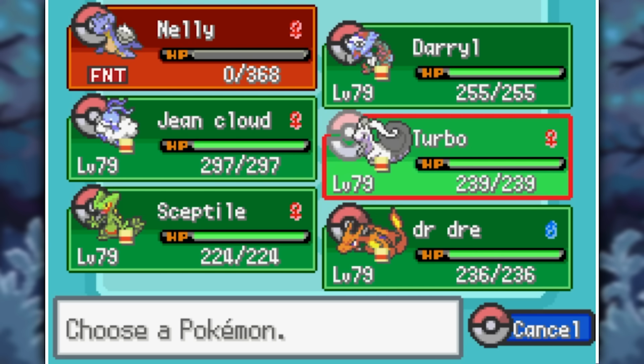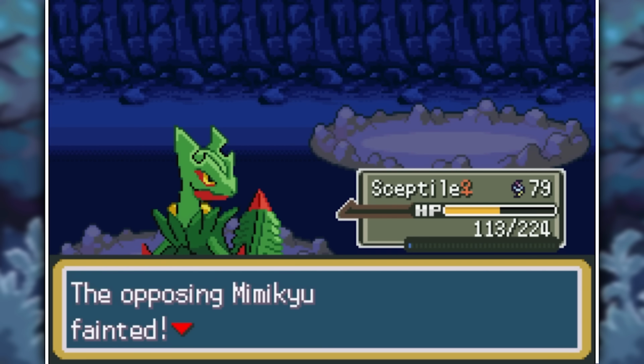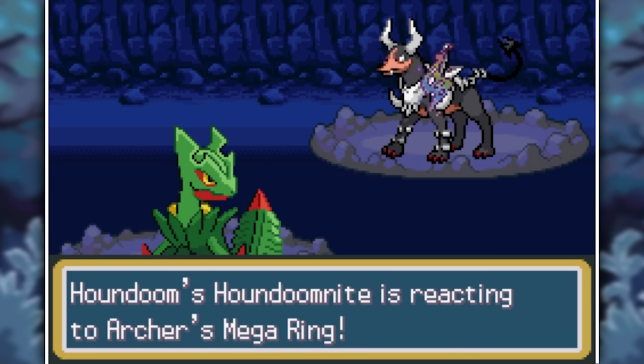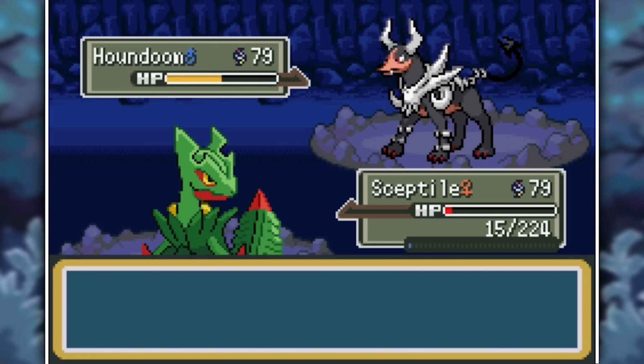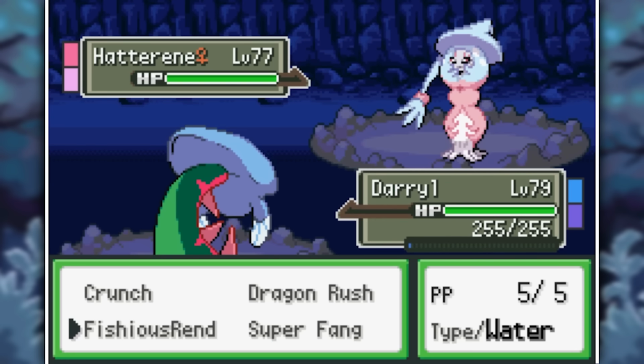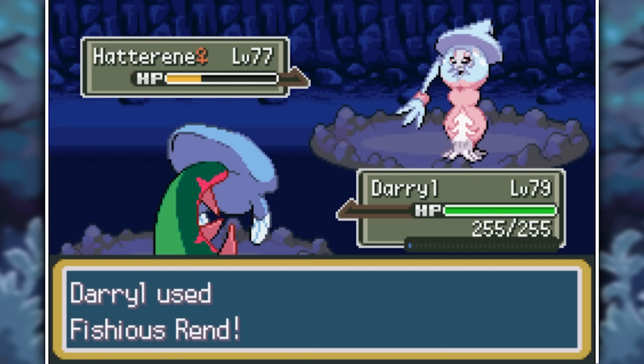Mamoswine gets taken out by Lapras as well as Durant, but then Lapras goes down by that Mimikyu, and I bring in Sceptile to take out the last 2 remaining Pokemon, Mimikyu and Houndoom, with Bullet Seeds and Quick Attacks. Then we go into the Ariana battle, and it starts off great here because my Dracovish is still alive. I can Fishious Rend the Hatterene to easily one-shot it, but then she brings out her Mega Mawile, who is